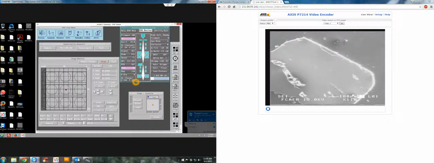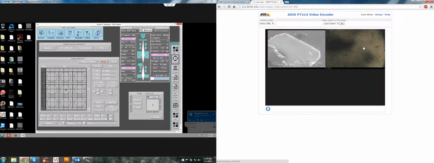Okay, now another vital thing that you need to know as you're navigating around is turning on and adjusting your OMTV, which is the optical microscope telescopic view, right here, OMTV. Now let's go back to the quad stream. Alright, and that's over here to the right. Okay, now we're looking at this video screen,